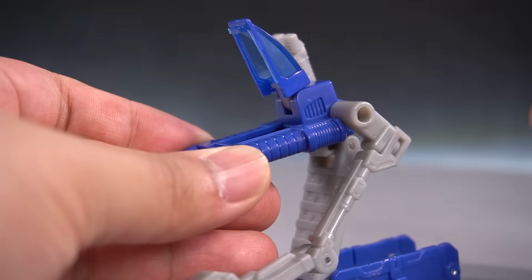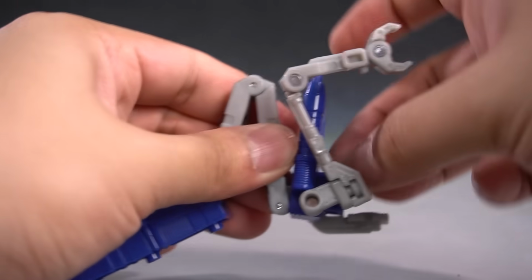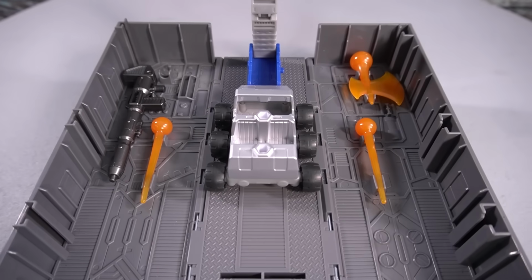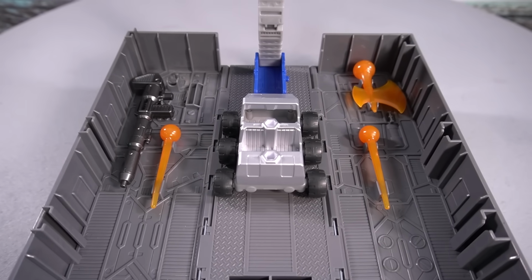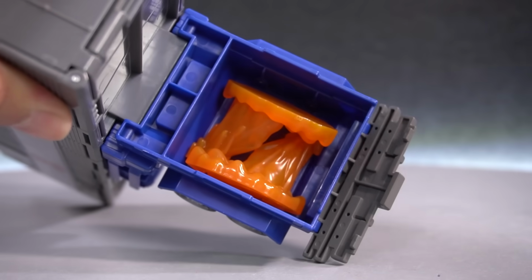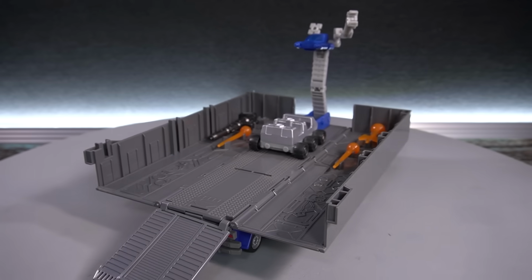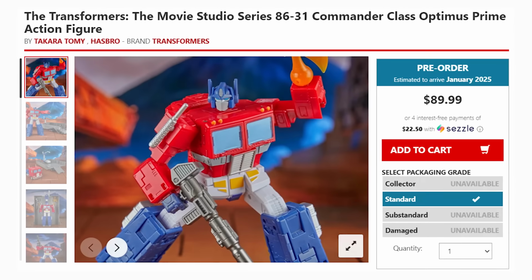Anti-aircraft gun's got an opening cockpit, hinge joints, a claw, a swivel, and the roller can roll. As you saw, all of his accessories can store in the trailer in designated areas, which is pretty cool. You even get a special compartment for these effect parts, which are more relevant for the truck mode. The trailer's fine. It's nice that the inclusion of all this stuff didn't bump the price up to ridiculous levels,